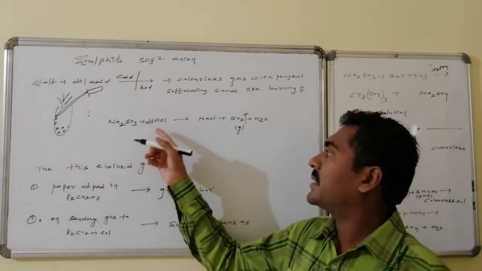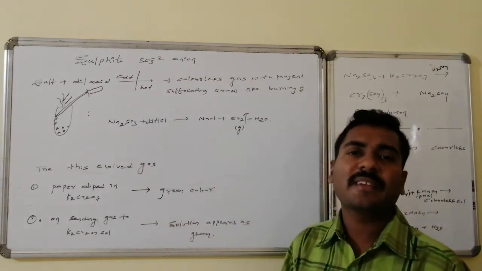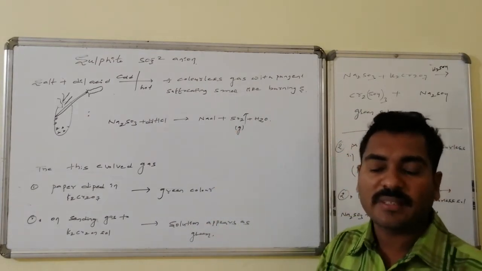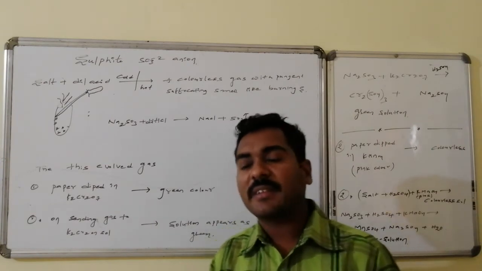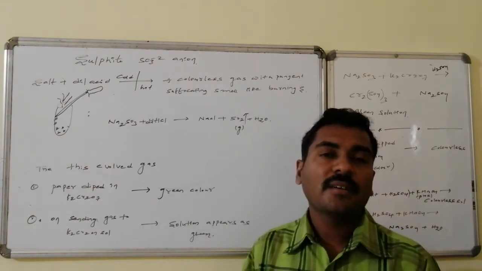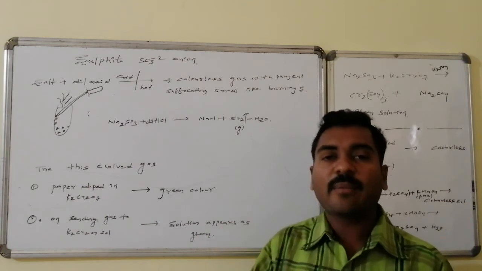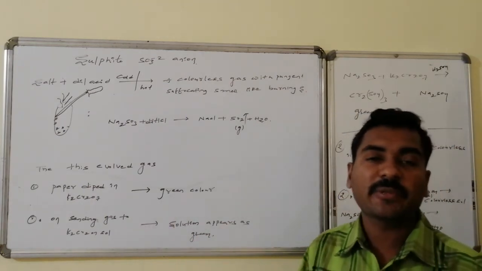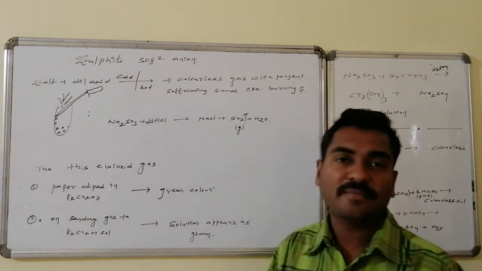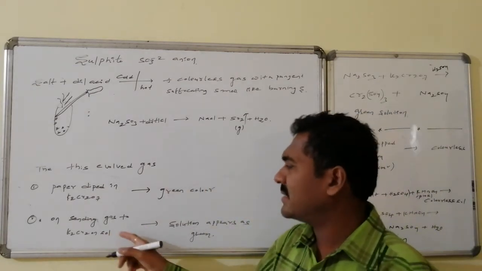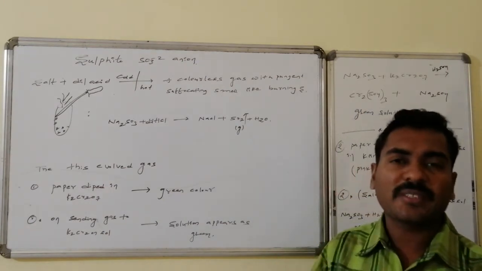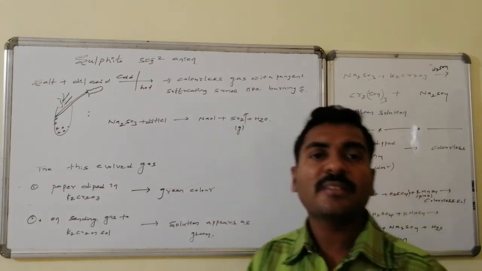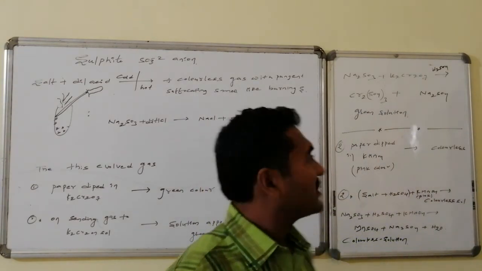That is, sodium sulfite plus any of the acids like dilute HCl or dilute sulfuric acid gives a salt followed by sulfur dioxide gas evolution. Then how to get the confirmation is, to this evolved gas, a filter paper dipped in potassium dichromate solution, if it is exposed, then it is converted to green in color. Otherwise, salt followed by acid followed by potassium dichromate solution or crystals, if it is added, then that is converted to green color in solution. That is nothing but what? Chromium sulfate formation takes place.